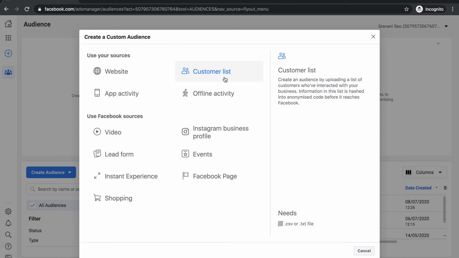That is why we have said that custom audience is a very exact targeting ad campaign. App activity: if your business or your client's business has an app and you would like to focus the audience based on the app activity, you can create the custom audience based on the app activity. Offline activity means based on the activities that happened in your physical office or physical store.